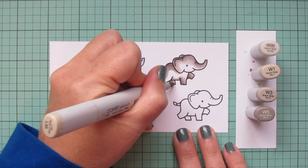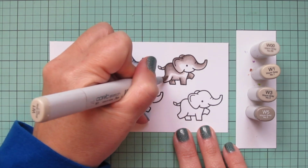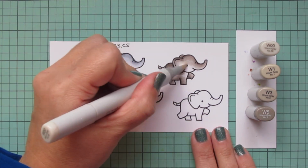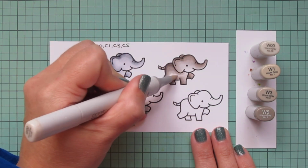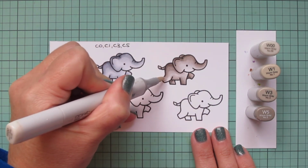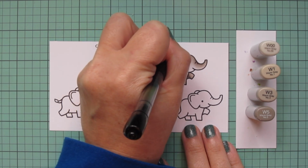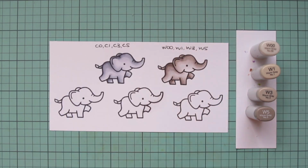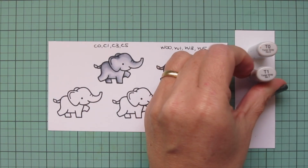So I'm finishing up with this little guy. I'm putting my shading in the exact same places. I'm trying to keep it consistent across the board here, so it is really an even comparison. So I'm just using that lightest shade now, the W00. I don't have the W0 for the warm grays, I just have the 00, but they're very, very similar. So I'm just using what I have. I'll go ahead and write down that combo again at the top,